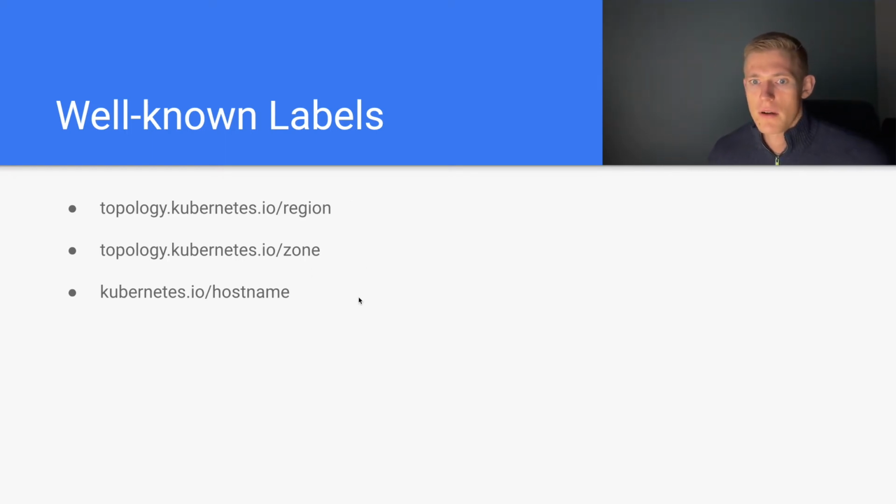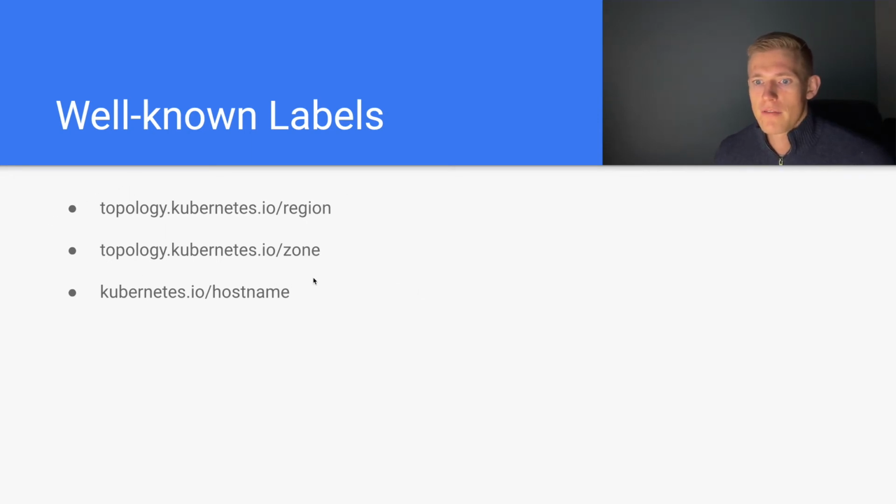And why is that? Well, the reason is because the first two are actually populated by the Cloud Controller Manager, and the last one is populated by Kubelet. So by using these labels, you avoid the toil of having to add the labels each time you add a node. So it's highly recommended that you use these. And again, it just takes away that manual effort. You always know that your